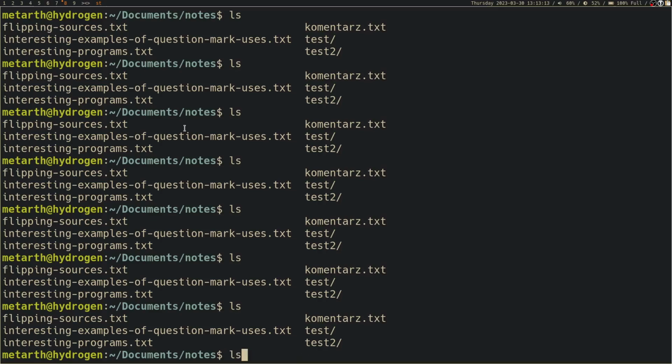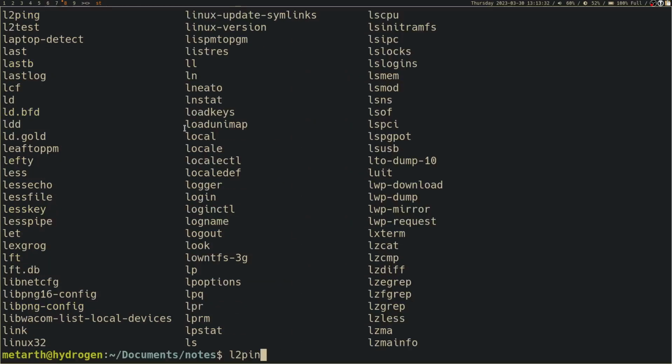So instead of using Tab to complete the whole word, no matter what it is, for example, L, if I press ls,